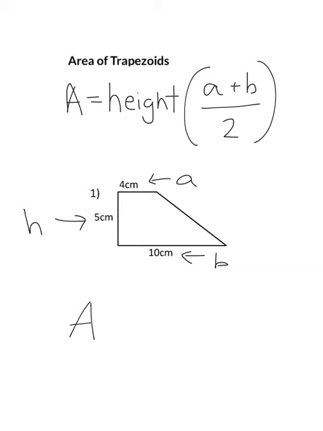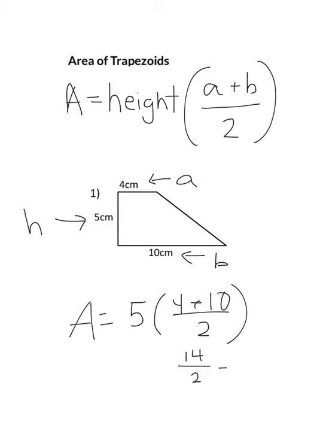So to find the area, you're going to do 5 for your height times 4 plus 10 divided by 2. Do what's in the parentheses first. So 4 plus 10 is 14, divided by 2 is 7. So the area will equal 5 times the answer to this here, which was 7. So the area is